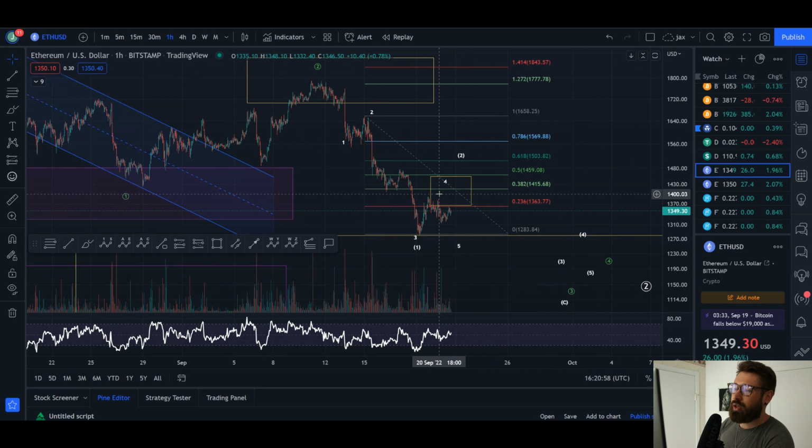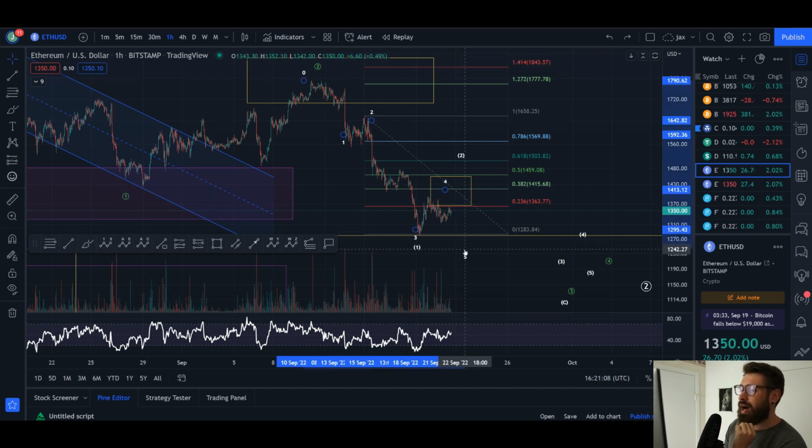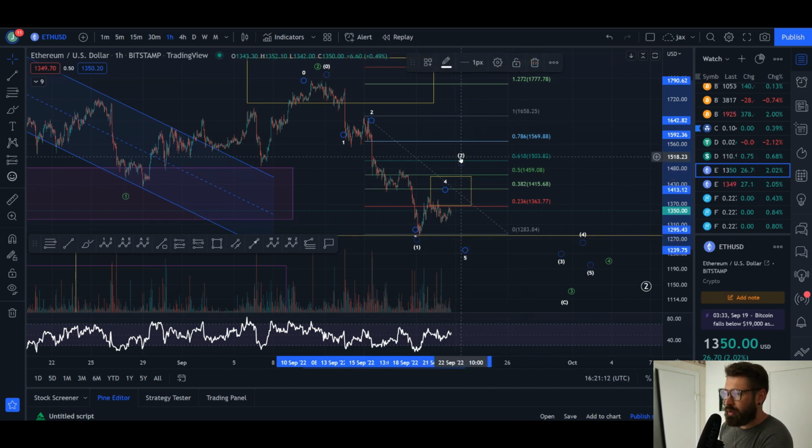So we have reached our wave 4 pullback zone. We could be going through an ABC correction. But quite possibly we've already completed the wave 4, and now we're going to come down in a wave 5. If we were to push up from here and we break the 0.5, then we have to be looking at a 5-wave move already being complete and seeing a wave 2 pullback.